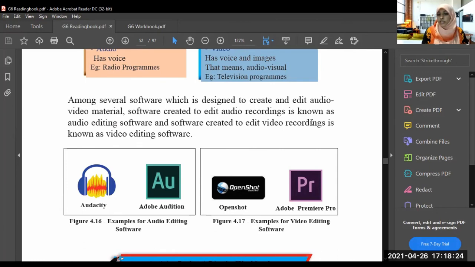Among several softwares designed to create and edit audio video material, software created to edit audio recordings is known as audio editing software. And software created to edit video recordings is known as video editing software.